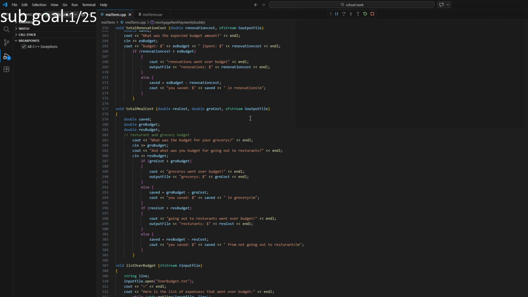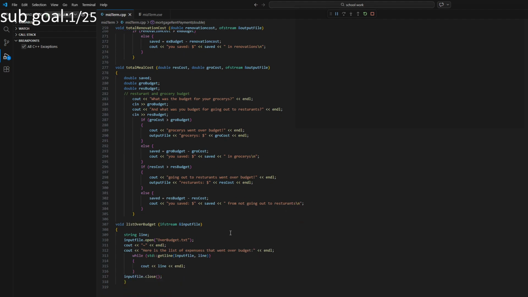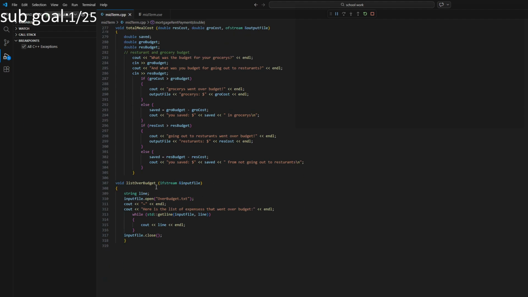And this is where we have our groceries. Offstream tells us to implement our groceries budget, and then for restaurant, implement a restaurant budget, and then show a prompt that you saved X amount in groceries and then in restaurants. And it'll even say right here, you saved blank in groceries, you saved blank from not going out to restaurants. And then here at the end, for our last function, it is going to be string line